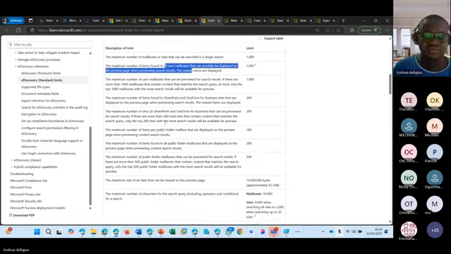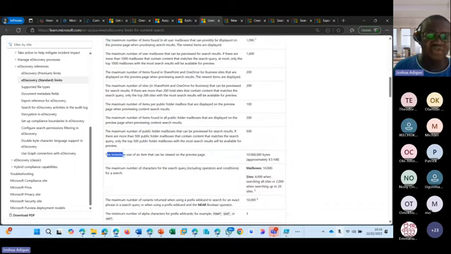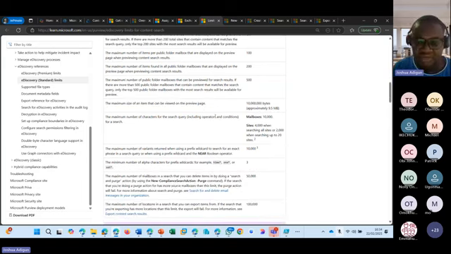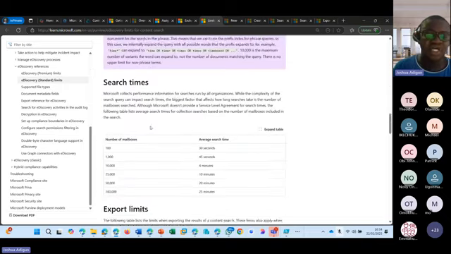And then other limitations that you can also see here. The maximum size of items that can be viewed on the preview page is 10,000 bytes, which is 9.5 megabytes. And then there are others also. The minimum number of alphanumeric prefix wildcards you can have is 3, and a lot of other